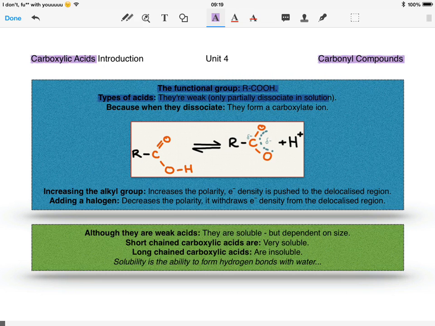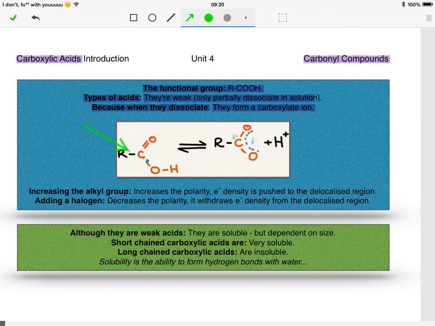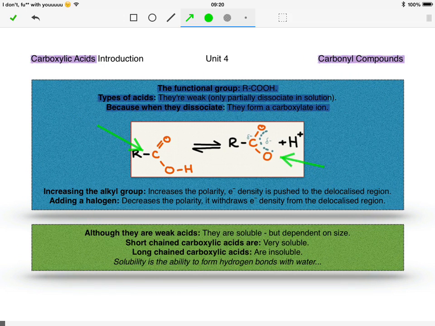The reason for this is because when they do dissociate, they form a carboxylate ion, and this can be seen diagrammatically below. So as you can see, here we have the carboxylic acid, and here we have the carboxylate ion. What's unusual about this though is the double bond seems to have gone, and the reason for this is because